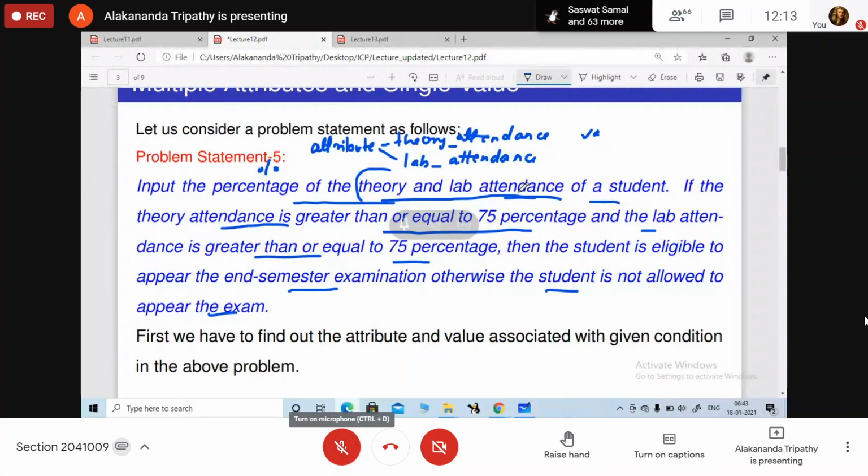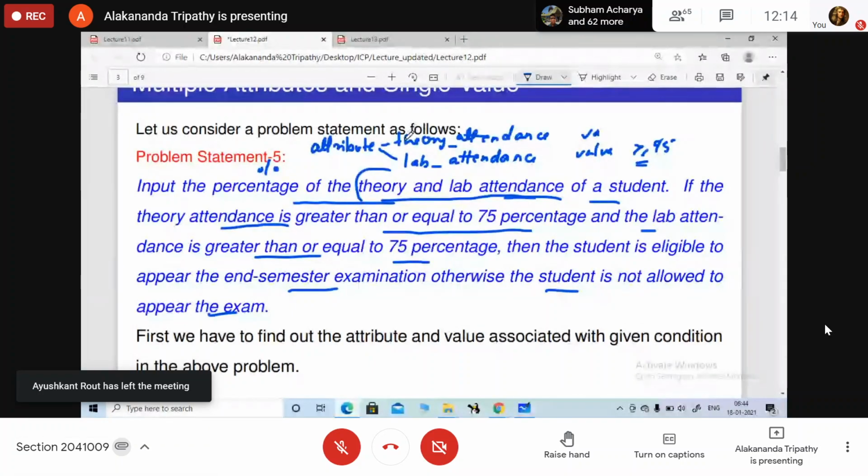What will be the value here? The value is greater than or equal to 75. How many attributes are there? Two. How many values? One value.